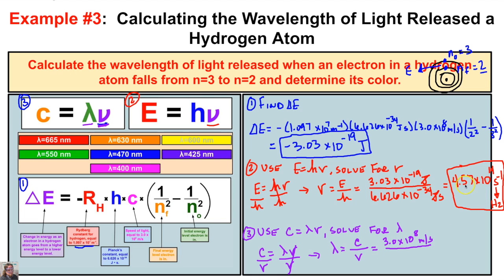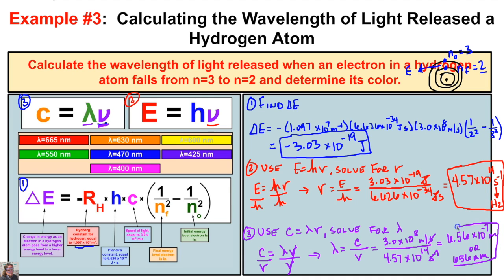We know the frequency of our light now, which is 4.57 times 10 to the 14th hertz, or s to the -1. And when we put this in our calculator, we will end up with 6.56 times 10 to the -7th. This will cancel with this, leaving us with meters. This is the same thing as 656